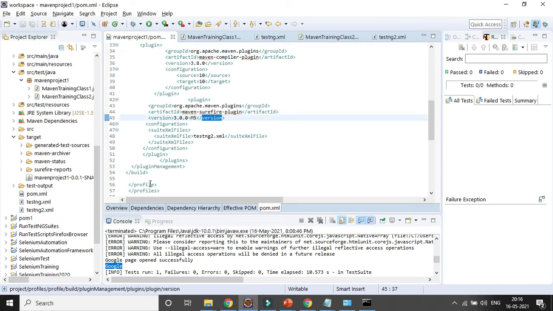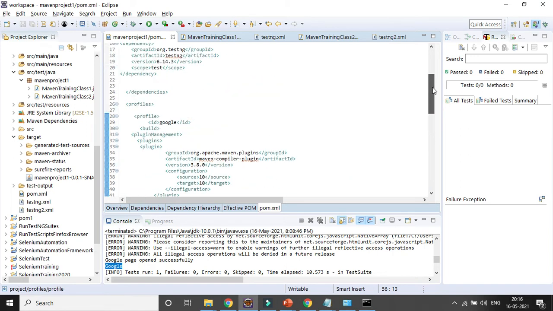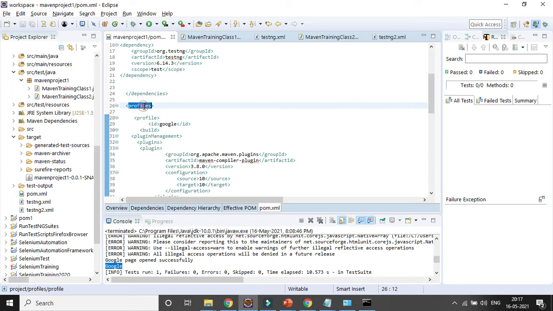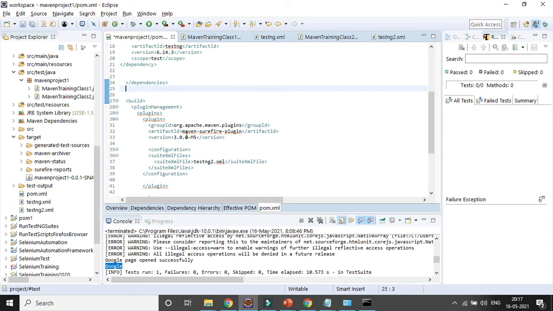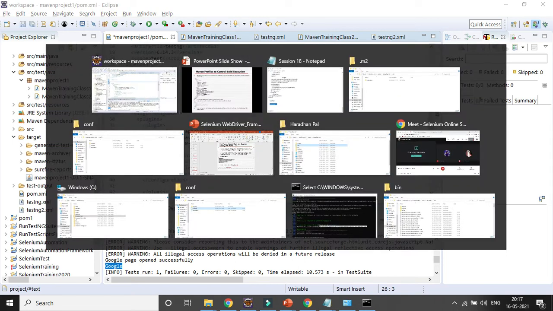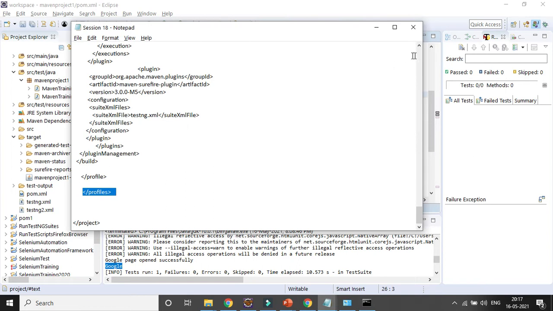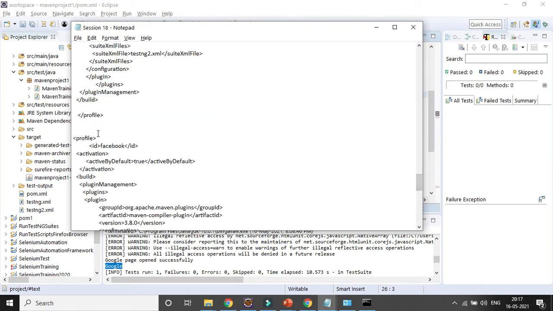And you can have the profile tag, right? Under the profile tags you need to provide the name, otherwise the rest of the thing will be the same. Okay, let's Control Z here. So I will not change anything here, otherwise it will be confusing. I will just be adding the profile tags. Let's add these profile tags only, so that it will be helpful for you to understand. Just let's add the tag only.